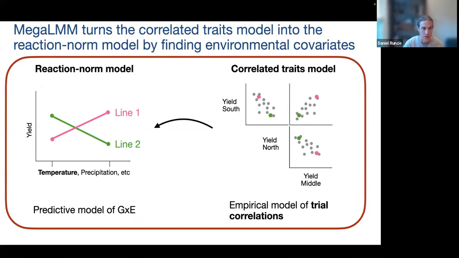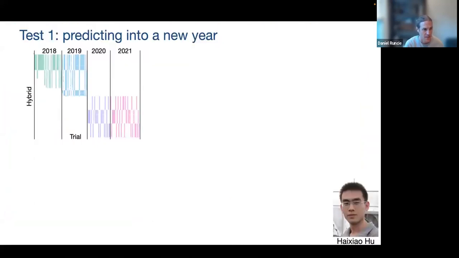And so that effectively turns MegaLMM back into this reaction norm model. And so we're hoping to get the best of both strategies. Now, to see if it's working, we need to do a similar masking strategy. But this time we're going to mask whole sets of trials, not just parts of trials, not just some hybrids